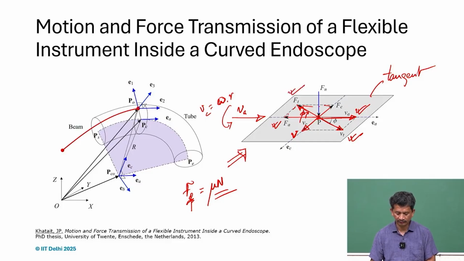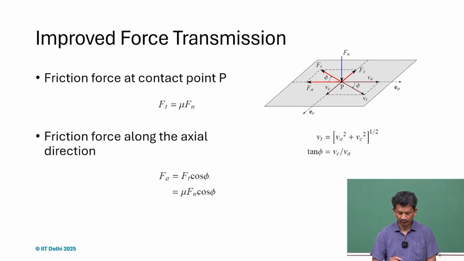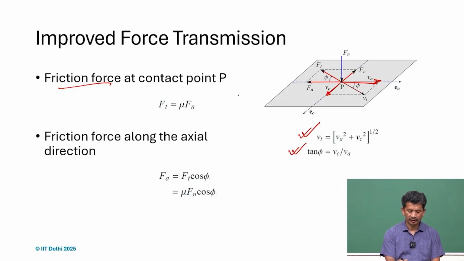So moving on. This is the tangential velocity, and tan phi is Vc by Va. Vc is the circumferential velocity, the slip velocity because of the rotation, and Va is the axial velocity. So if we try to write the friction components and the values at point P,